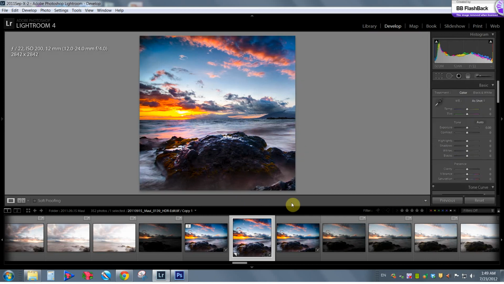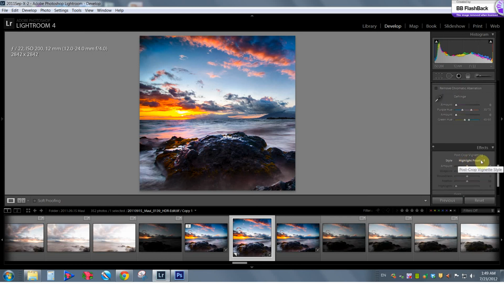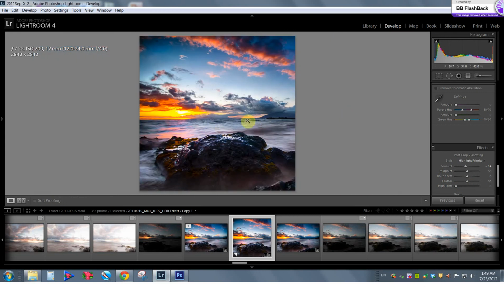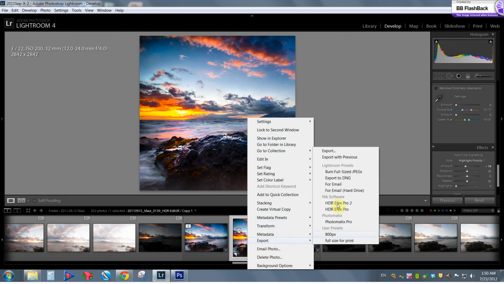Okay, let's export this. Maybe give a little bit of vignetting. Okay, here we can just give it punch in vignetting. That looks good. Y to compare. Yes. And let's export this. Right click, export,